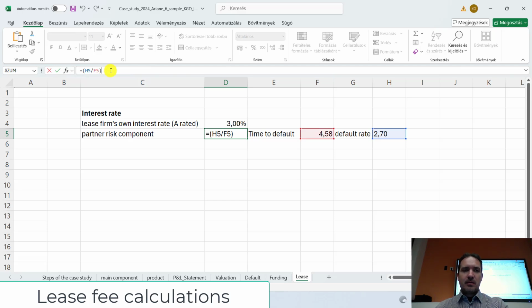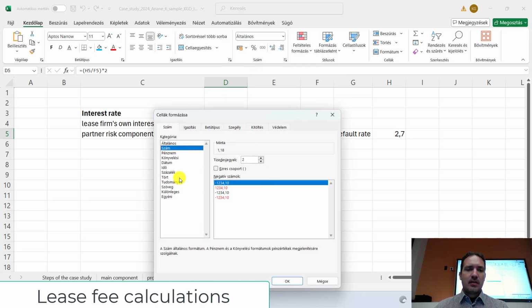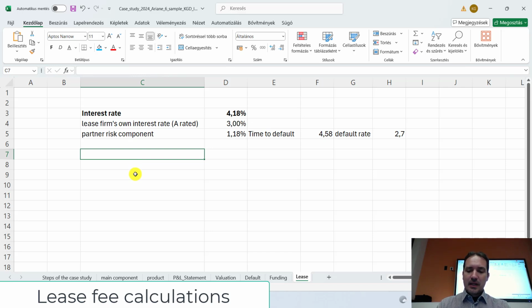What is your problem? Excel issue. And now we can see that this is a percentage. We still have to divide it by 100 and then it's a percentage now. So the interest rate altogether will be this one and that one. For the annuity, then we have to say that okay,